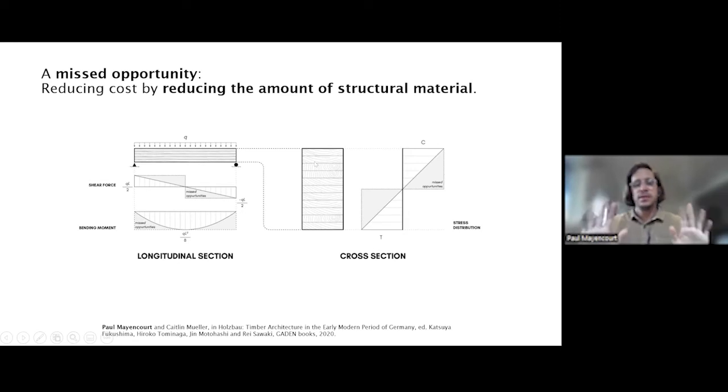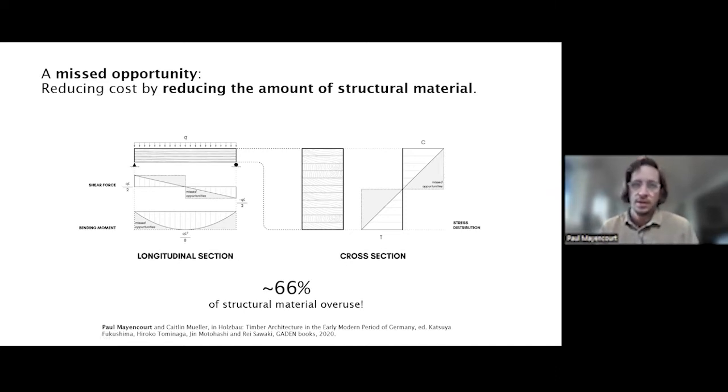So if you combine these two, the longitudinal section and the cross section, there's about a 66% overuse of structural material. And this is true for most materials you see around you. If you look at structural elements around you, and especially the ones in mass timber, there's about 66% of material overuse or waste. So this is a massive opportunity that we could use if we apply structural optimization and new fabrication techniques to go after this material that is overused or wasted in order to reduce material